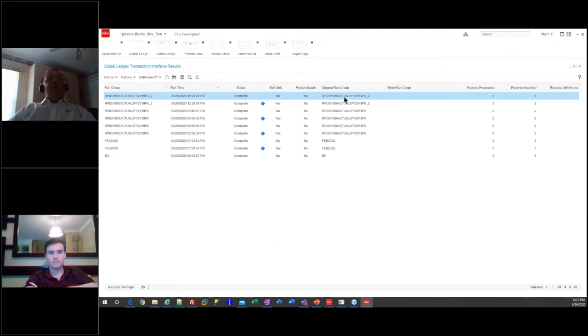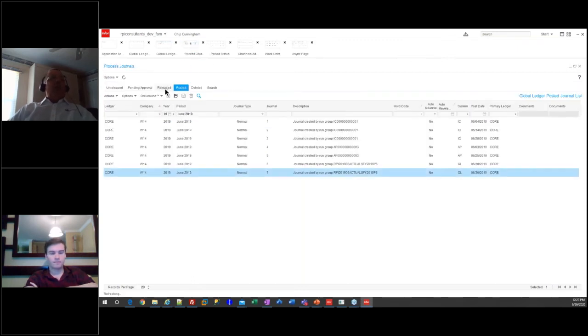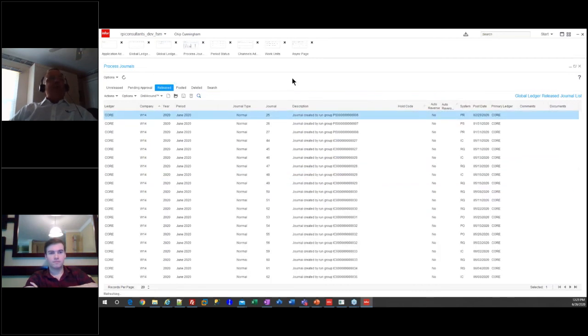If this one is complete with no errors right here, that means it created posting transactions. I'm going to go into my posting journal, the actual journal table under release, because, like I said, it creates under release right here. So that's my file. Notice the _2. So this could create a posting. If I double click on that, just to show you,